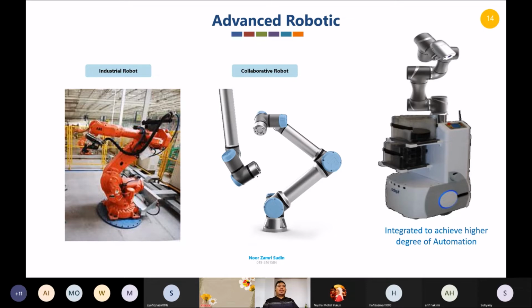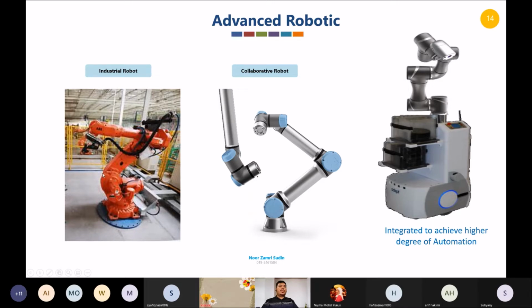Usually right now in our industry we use industrial robots, same like this industrial robot. So we can do spot weld. We can use this one to do anything. But if you can see, usually our industrial robot runs in a compound area, so no human nearby the robot. So there's a lot of wasted space.